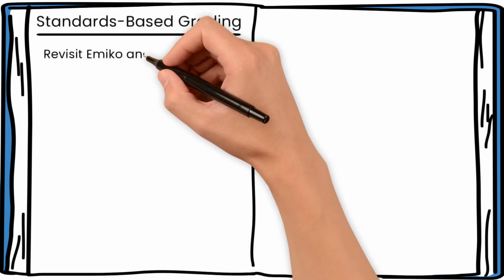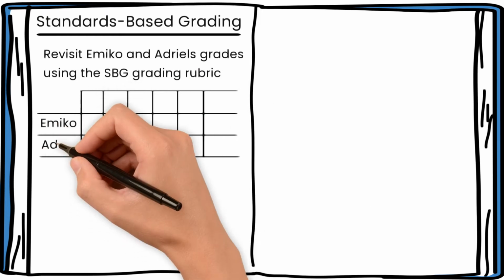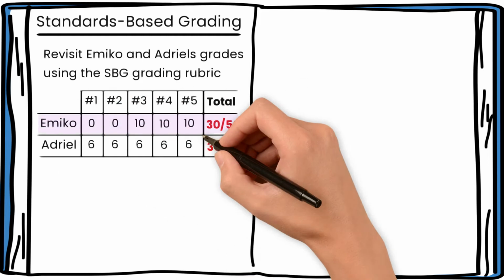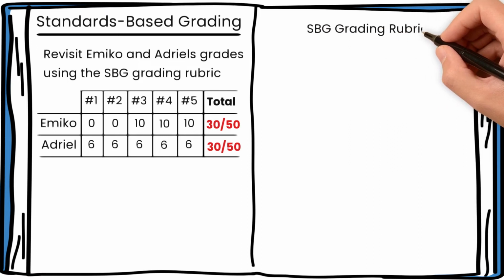Going back to the example with Emiko and Adriel, both students earned 30 out of 50 points for an average of 60% in the traditional 0 to 100% scale. Emiko struggled initially and then figured things out. Although she eventually learned the concepts, the zeros she earned early in the semester negatively affected her overall grade. On the other hand, Adriel started out doing so-so and never improved. Although Emiko seems to have improved her understanding of the learning objective, her grade does not show that she eventually mastered that learning objective. Let's regrade both of these students with the new